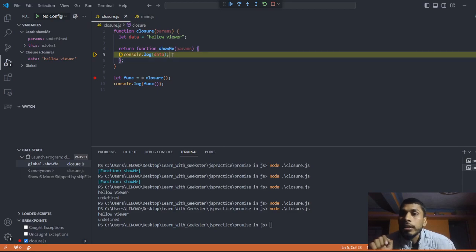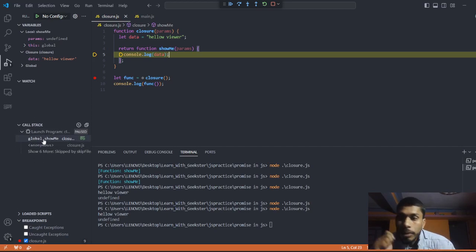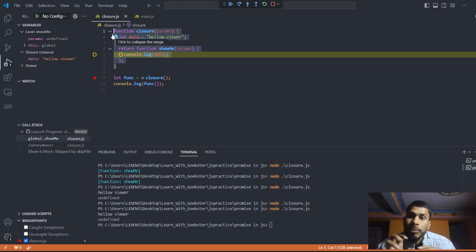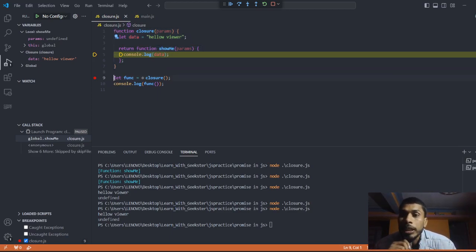So this data is coming from the closure. The main point is that inside the call stack, once the function has run, its variables and all these things vanish from there, so how can we get data from this function call? This is the beauty of closure.